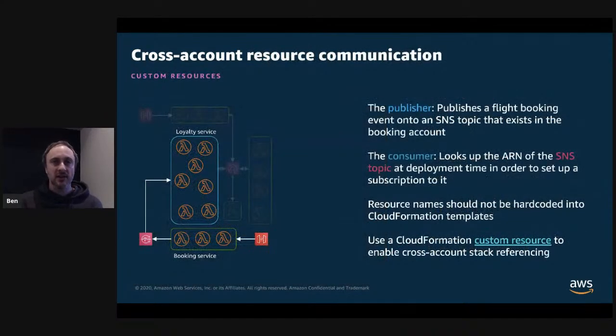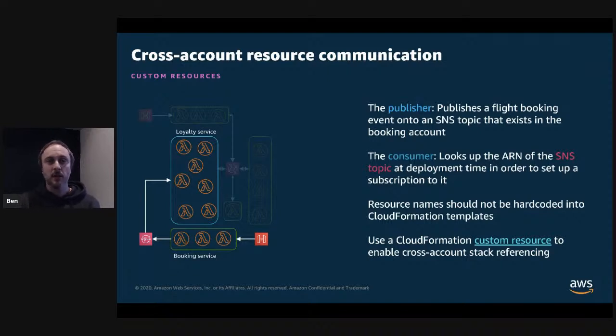So the next challenge, again, is cross-account resource communication. Asynchronous communication is a fairly common pattern in microservices, where you have a publishing microservice that's sending events that consumers might be interested in without any concern for who those consumers may be.